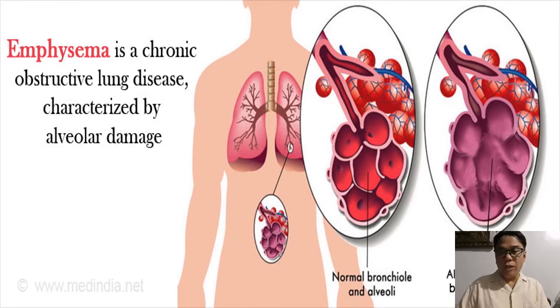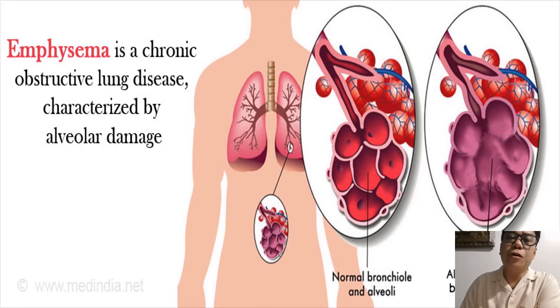Okay, so etiology of emphysema. Just like chronic bronchitis, it is common among patients who are smokers. It could be secondary to heredity and aging process. So what happens in emphysema? Basically, there is an equilibrium between our elastase and our anti-elastase. The elastase and anti-elastase are responsible for the elasticity of our alveoli.